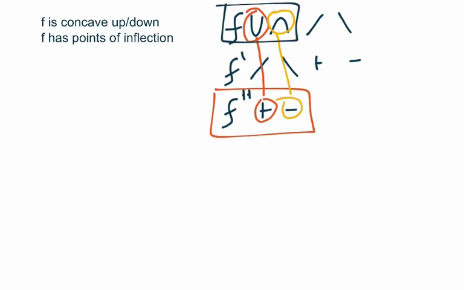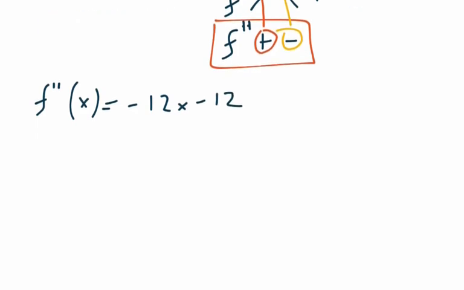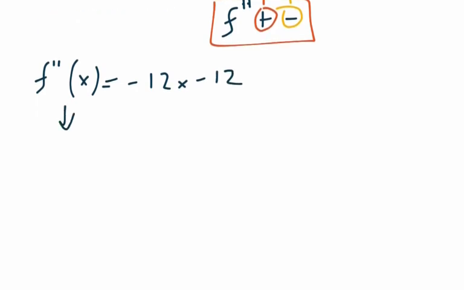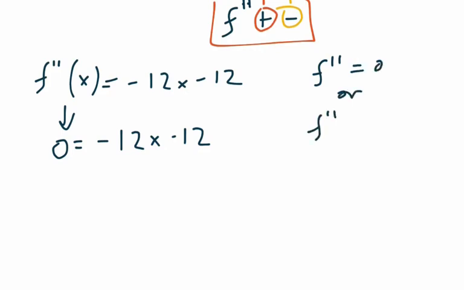So essentially we're going to do the same thing, except instead of constructing a sign chart with f prime, we're going to construct a sign chart with f double prime. Well, we already have f double prime. It is negative 12x minus 12. And so we set the second derivative equal to 0 because we want to see where f double prime could change sign, and that's going to be where f double prime equals 0 or f double prime is